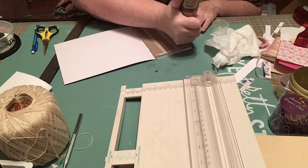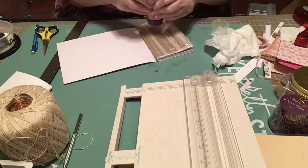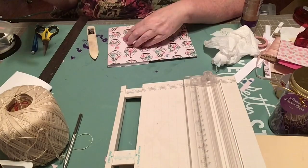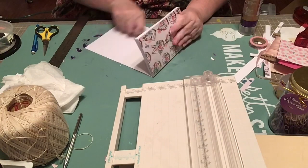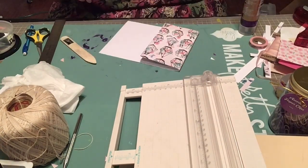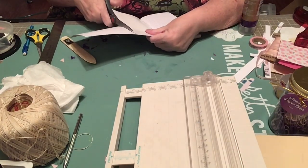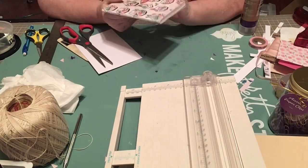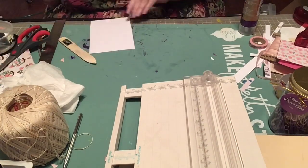And then I just come in and I will add some glue in here as well. And some right along the spine, and then I just fold that back over and use my bone folder to make sure everything is smoothed down. And then I will take scissors and just cut right beside the cardboard. And then you have your book covered. I like to do it this way rather than trying to cut the paper to fit because it always messes